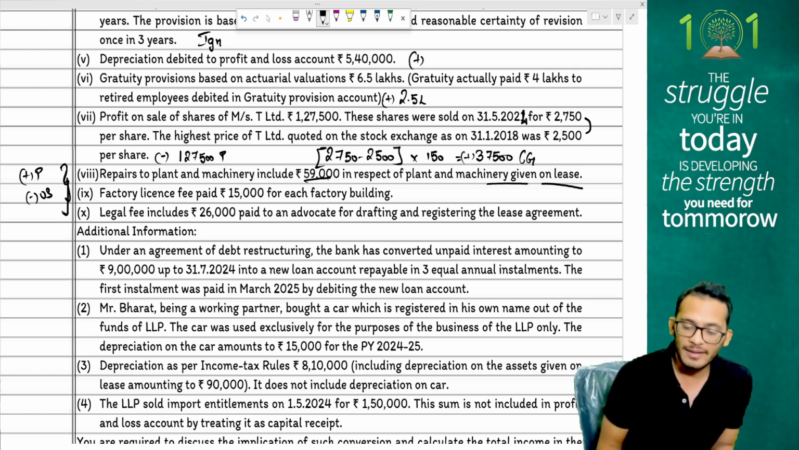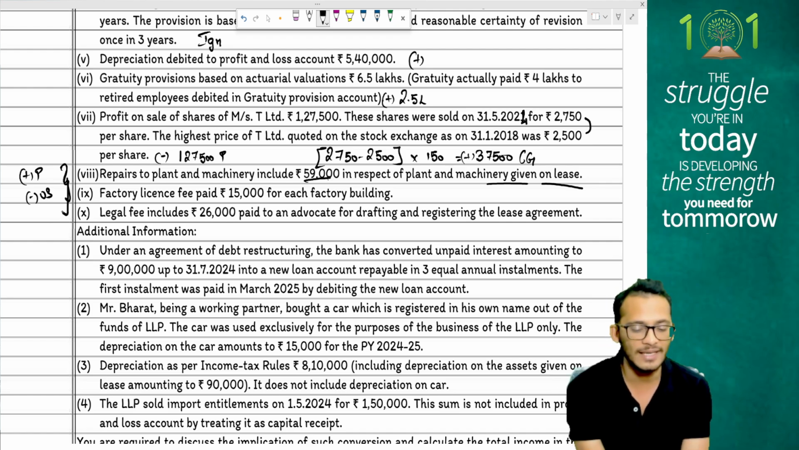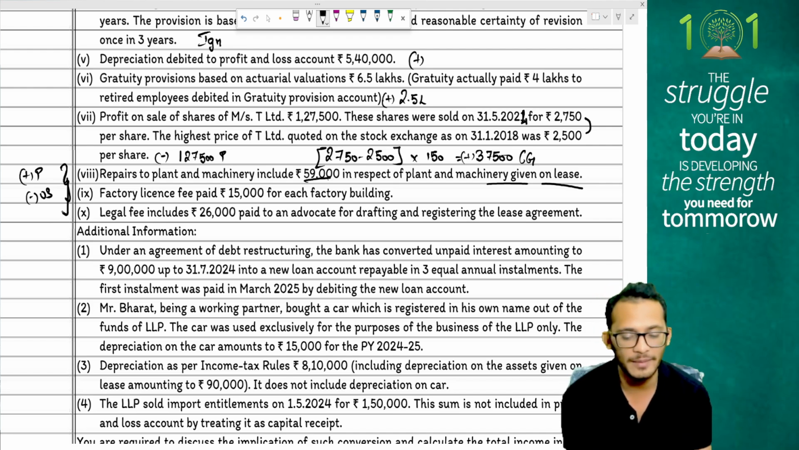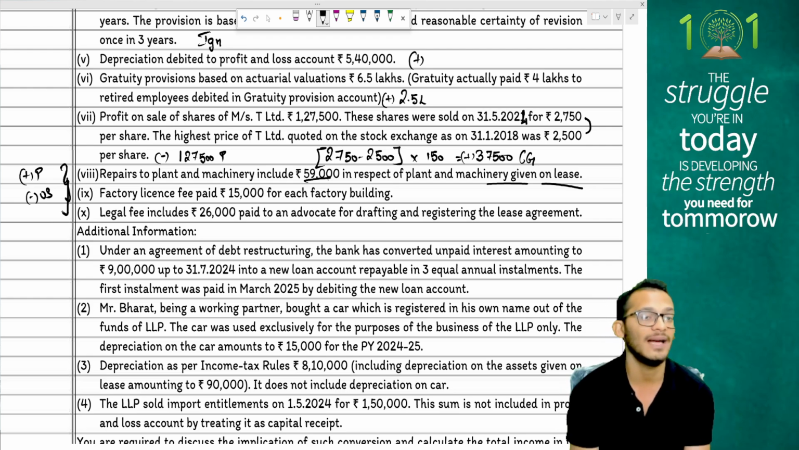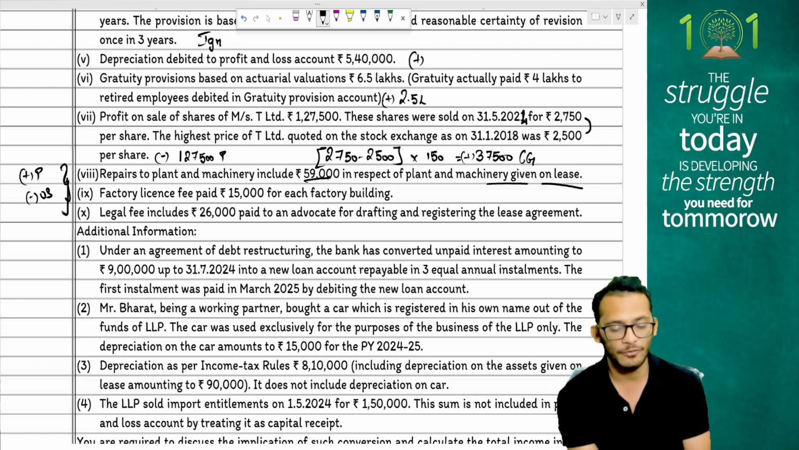It says, under an agreement of debt restructuring, the bank has converted unpaid interest amounting to 9 lakhs on 31st July 2024 into a new loan account repayable in 3 annual installments. The first installment was paid in March 25 by debiting the new loan account. People, I had some unpaid interest, which I am assuming would have been disallowed earlier. In the current year I have paid only that installment. Therefore,